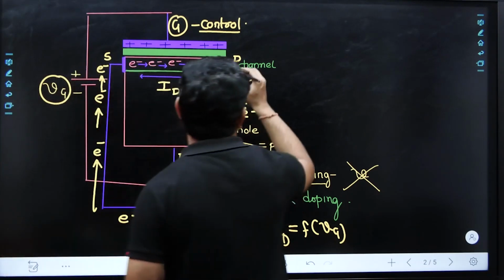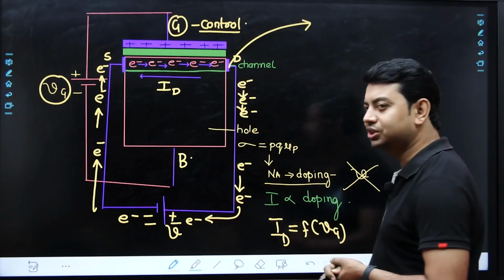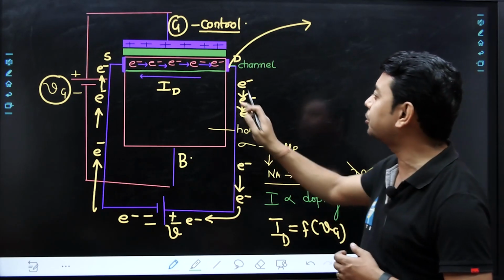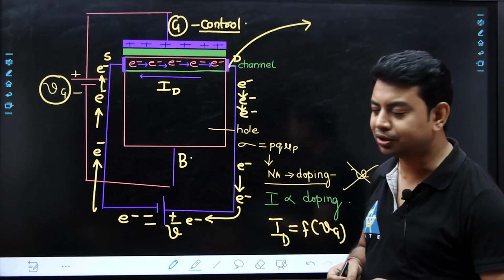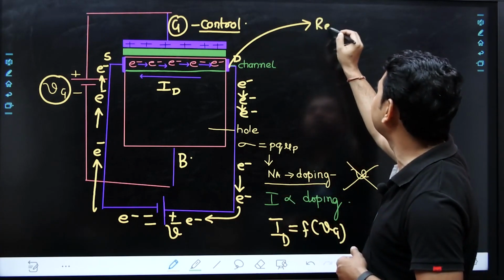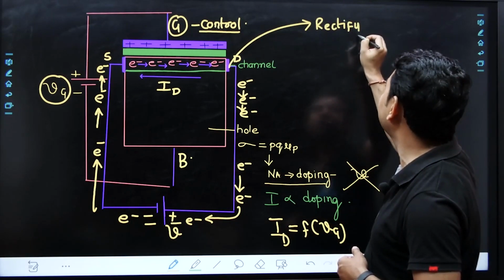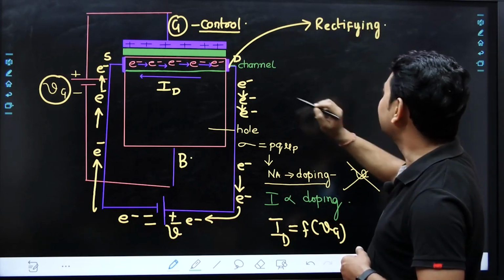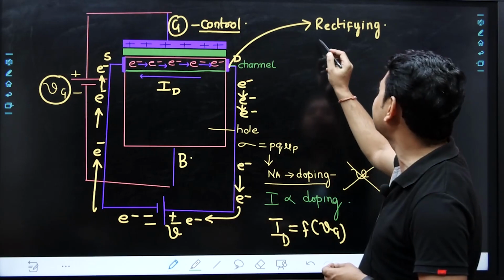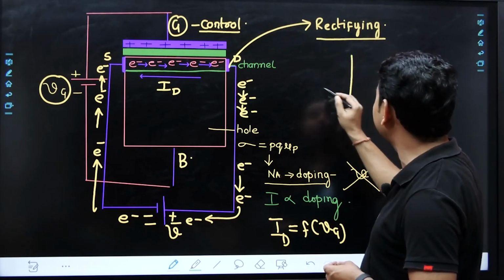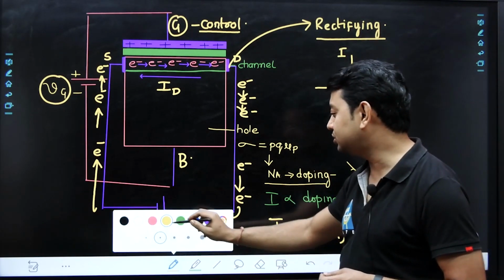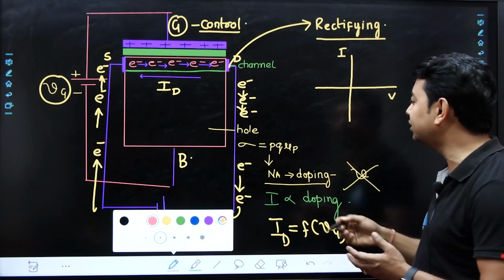For a proper connection, we have to think about what this connection is representing. We have to connect in such a way that there is no potential drop between these two. If you are having a potential drop, then definitely the contact is known as a rectifying contact. We know that the diode is acting as a rectifier. So if it is not having a proper contact, then definitely it will act as a rectifier. What is rectifying? Rectifying means, suppose this is voltage and this is current, and we apply a voltage and we want current.